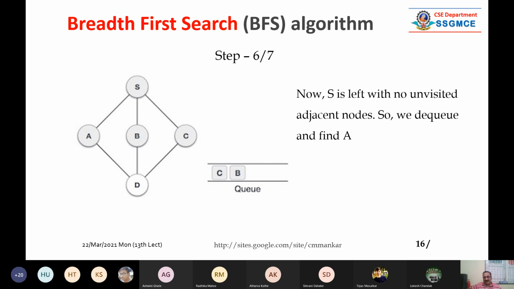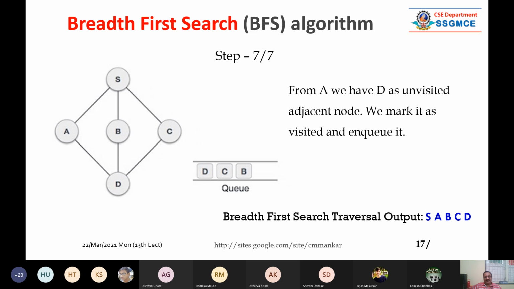अब A से हम D तक रीच कर सकते हैं. So in the 7th step, we are writing like this. DCB, this is the content of the queue. So every time you have to update your queue. Now the content of the queue is DCB. अभी क्या हो गया कि all nodes are visited, almost all nodes are marked, so there is no need to further iterate the algorithm. इटरेशन मतलब सेम स्टेप को रिपीट करना, rule number 1, rule number 2 and rule number 3, there is no need.